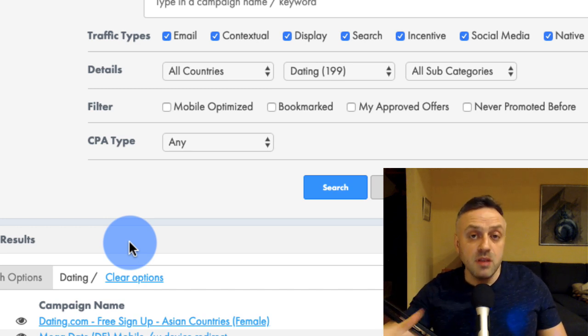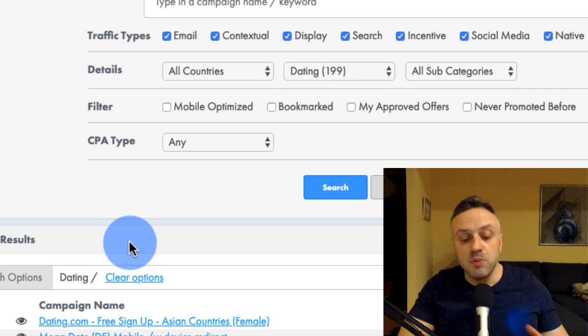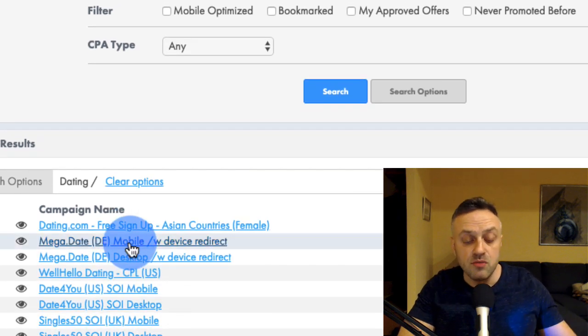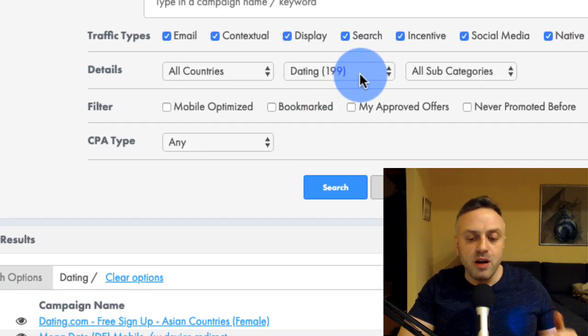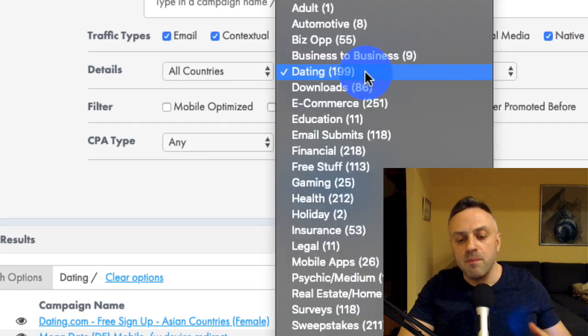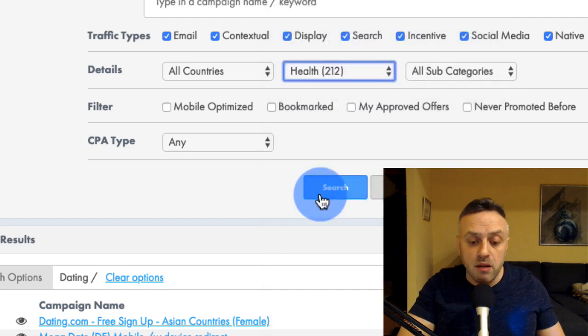So they're kind of in the middle, and you cannot advertise dating sites on Facebook. Facebook explicitly forbids online dating sites. So you cannot do that. So this is not an option. I mean, there are ways of doing it, of course, but dating is what I call a mid-level kind of offer. Another example of mid-level is health, right?